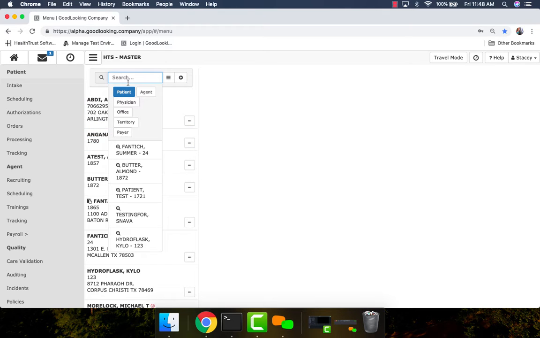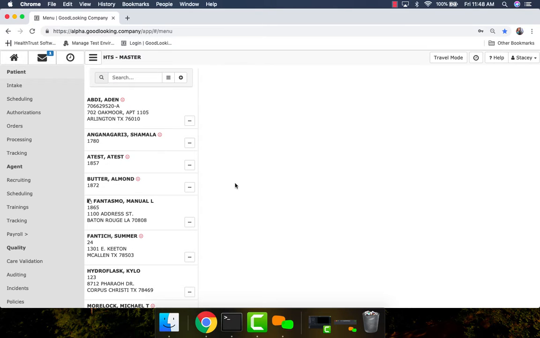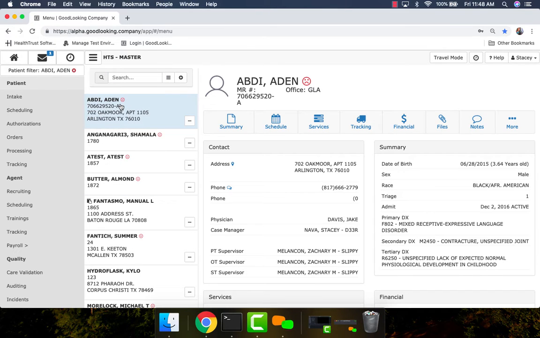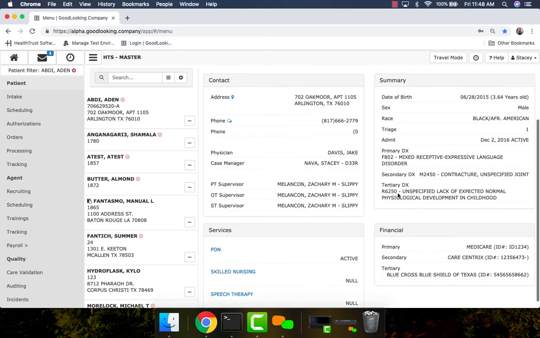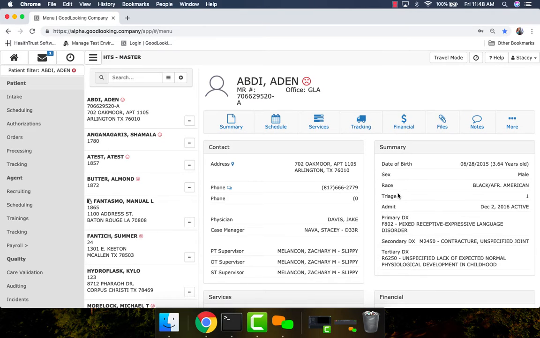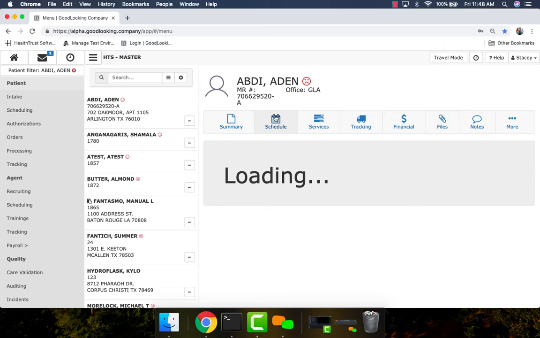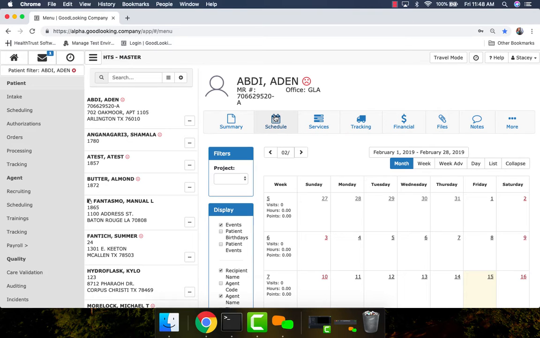You can search through your patients by name, by assigned employee, by office, by payer, and then just simply click on the patient name in order to get to their cover sheet, basically a summary of the services and clinical information for that patient. You have direct access into their schedule, into their services,